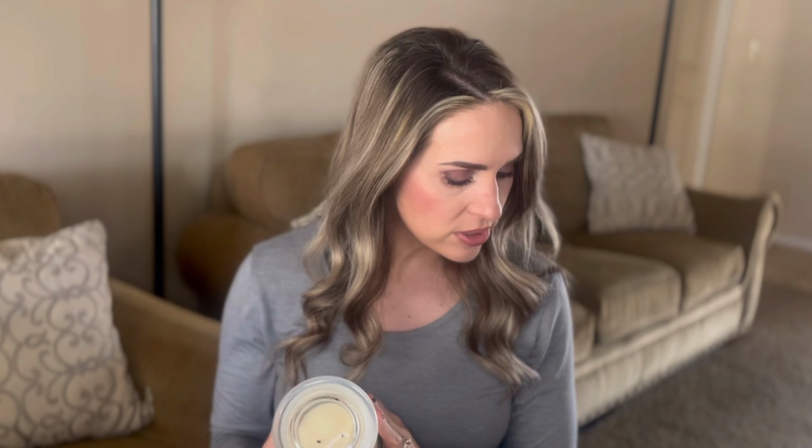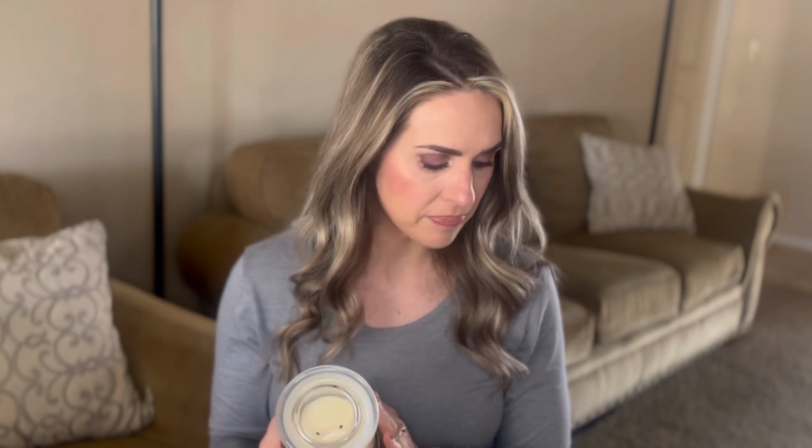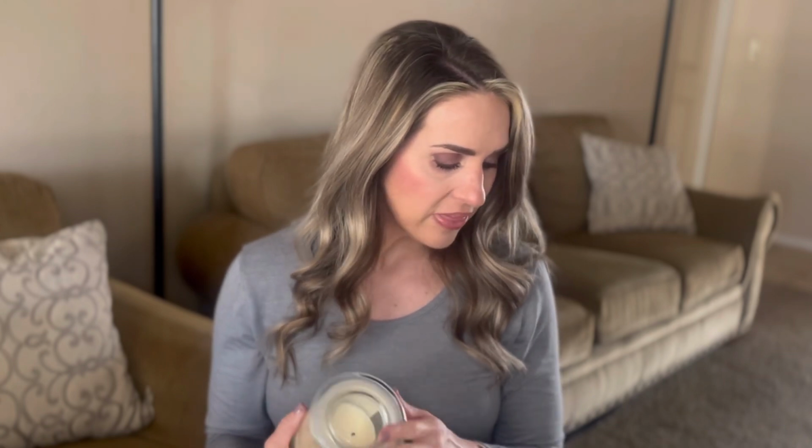Like I said, I think that this was part of their fall lineup because it is still being advertised as new on the website. So the fragrance notes on this, the top note is bourbon and spiced vanilla. The mid notes are wood smoke, spice, and oak. And the base notes are birch, amber, and bourbon. Now this scent,